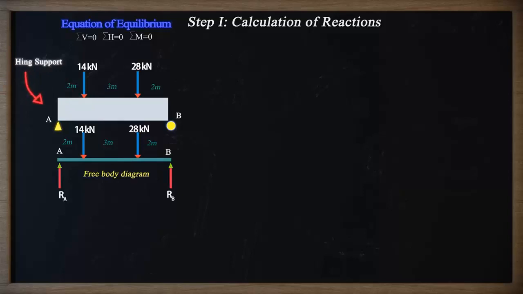Point A is a hinge support, so it will have 2 reactions, one horizontal and one vertical. As there is no horizontal or inclined force on the beam, the horizontal reaction at point A will be 0, so no need to calculate that reaction. That means we need only 2 equilibrium conditions to calculate the remaining 2 reactions. Before we write down any equation, we need to remember the sign convention for these forces. Forces going upward are considered positive, while forces going downward are considered negative.